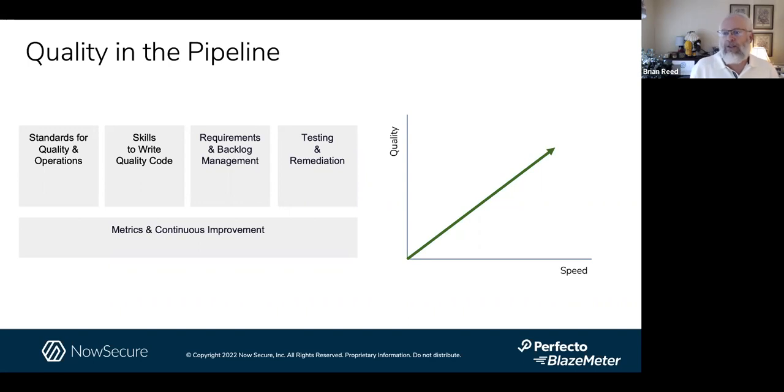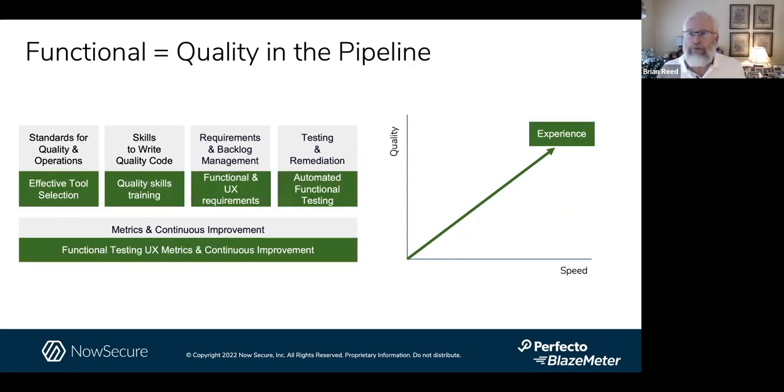And of course, there's the classic metrics and continuous improvement. In the early days, when I was doing QA, we had a lot of manual work going on with as much scripting and as much code as we could write wrapped around it, right? So we always had this contention between quality and speed and how fast you could operate. Fast forward to today, and Eran and I are working in a world where there's a ton of automation that you can take advantage of, right? And that automation up that curve gives you speed. So there's an interesting way to think about this.